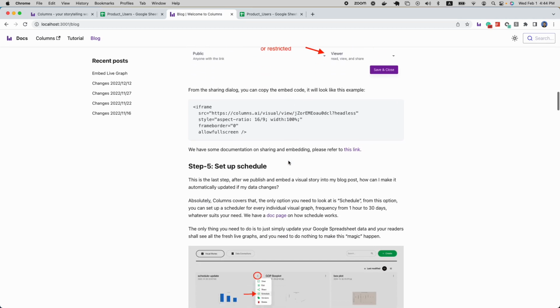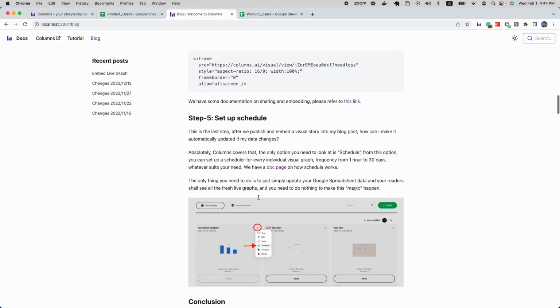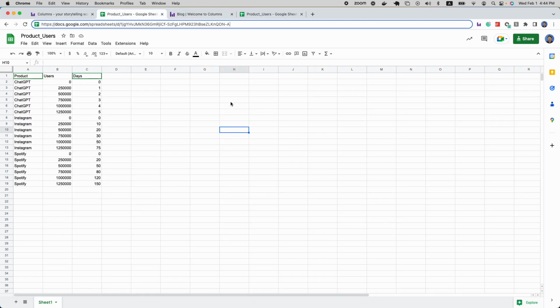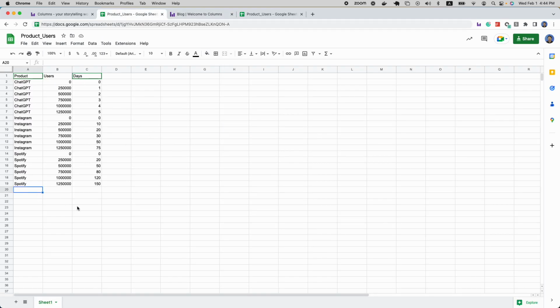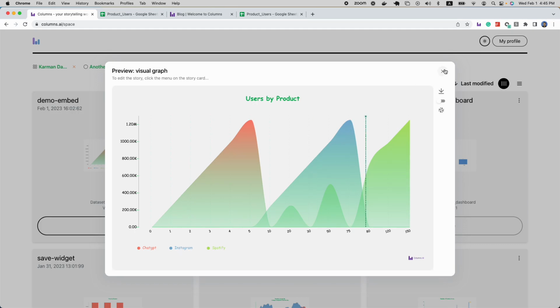So now let's come to the last step. We just want to share and embed. The last step is to set up a schedule, so you can keep it updated. This step is actually super simple because, as we said, your data is a live connection. You can keep updating your data on your spreadsheets anytime, as long as you keep the data structure, like the schema, because your graph is reading from this structure. You can keep deleting rows, appending rows, modifying them, updating them. Columns will automatically update what the graph you make here